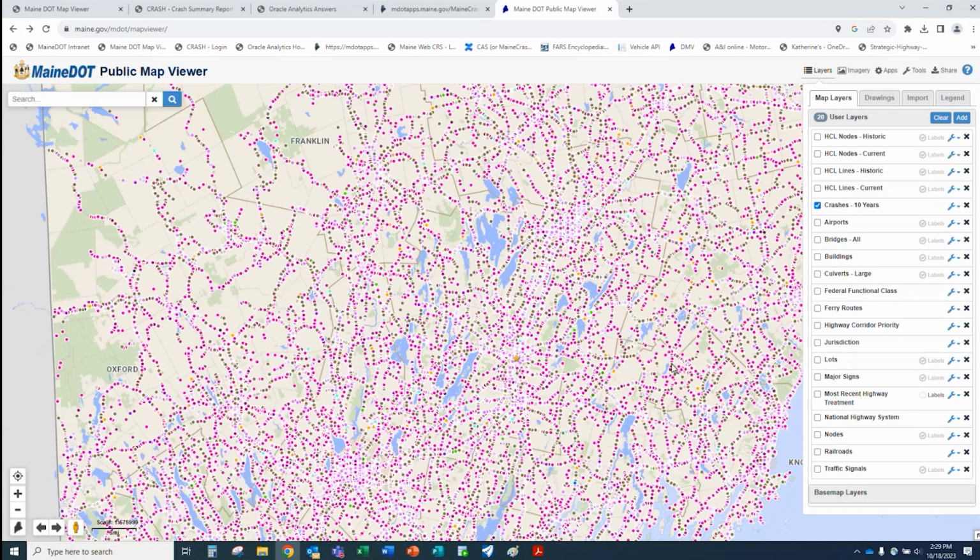Okay, so the next thing I was going to show you guys is the polygons. There's another way we can do this, beyond the things we've done so far. I'm going to go to Hobart Street in Bangor. I already searched it earlier, so it's already there.